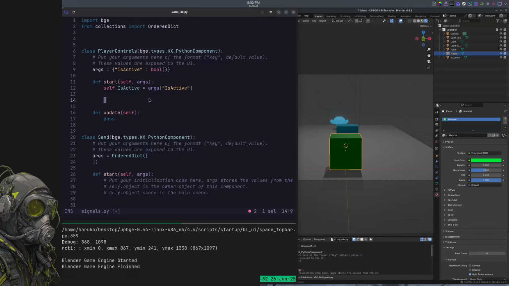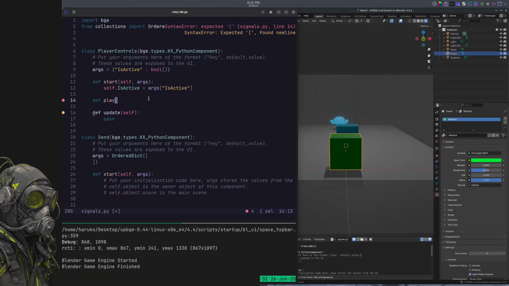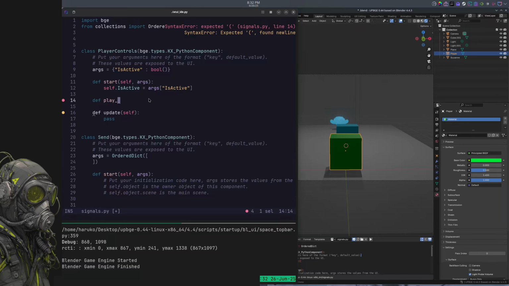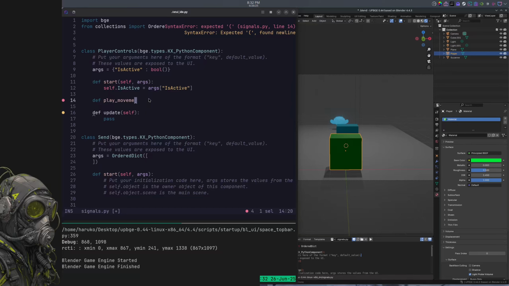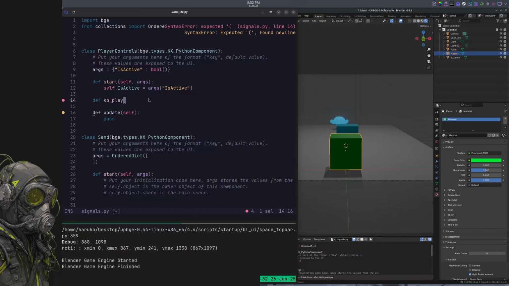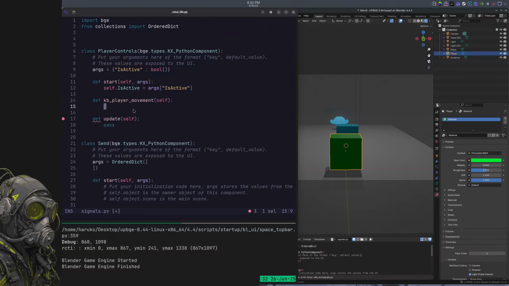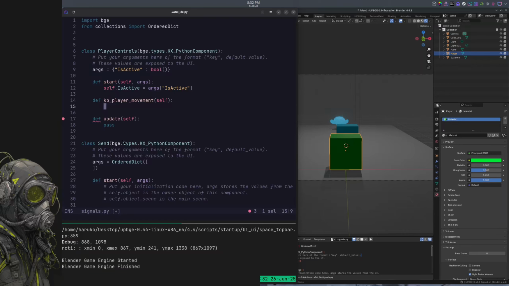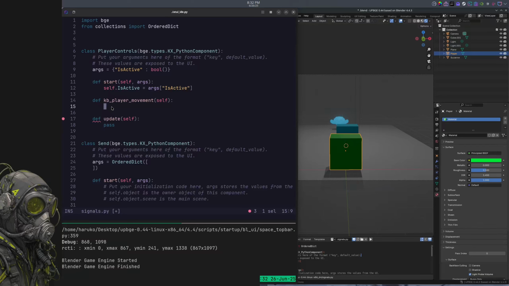We're going to go ahead and create a function to do the player controls. So we'll do def player movement. Or we'll call it KB for keyboard. KB player movement. And then for arguments, it accepts self because it's inside the class. That makes it inherit everything inside the class. All right, next we're going to do,